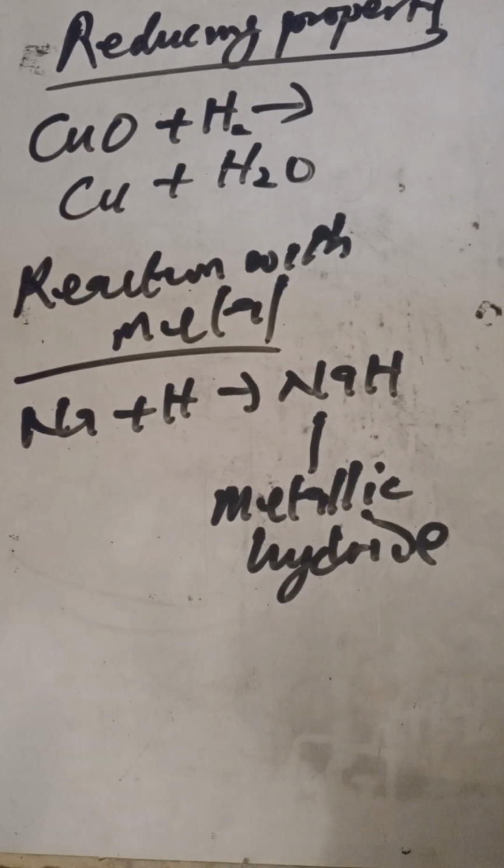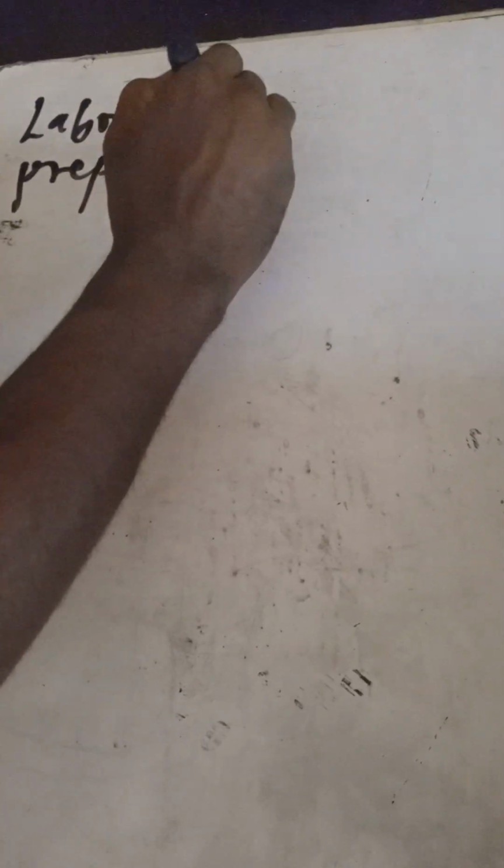So let's look at the laboratory preparation. After we look at laboratory preparation, then we shall look at the isotopes, because hydrogen exhibits some isotopic tendencies. One unique way of preparing hydrogen in the laboratory is by the action of dilute